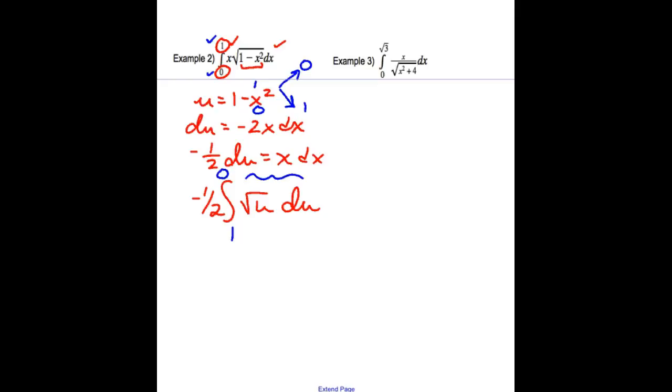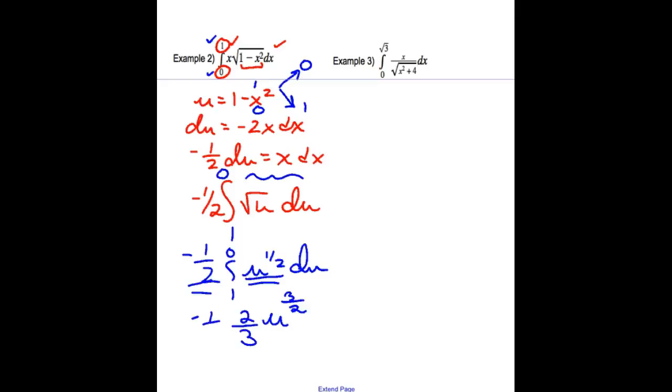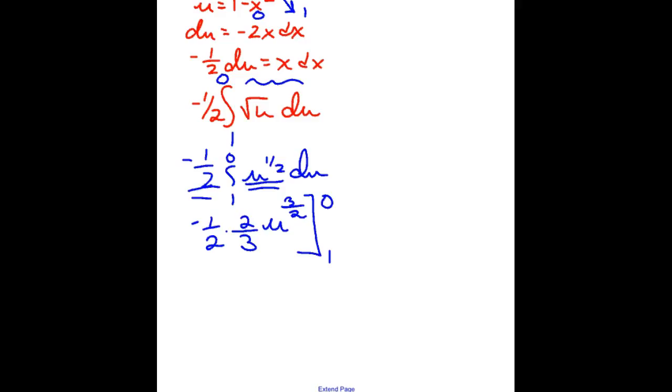And then what I can do is the fundamental theorem of calculus, which says to do the antiderivative. So we add 1 to the exponent, getting 3/2. We divide by that exponent, which would cause us to multiply by the reciprocal. I have the negative 1/2 fraction correction out front, and I go from 1 to 0. Then what that allows me to do